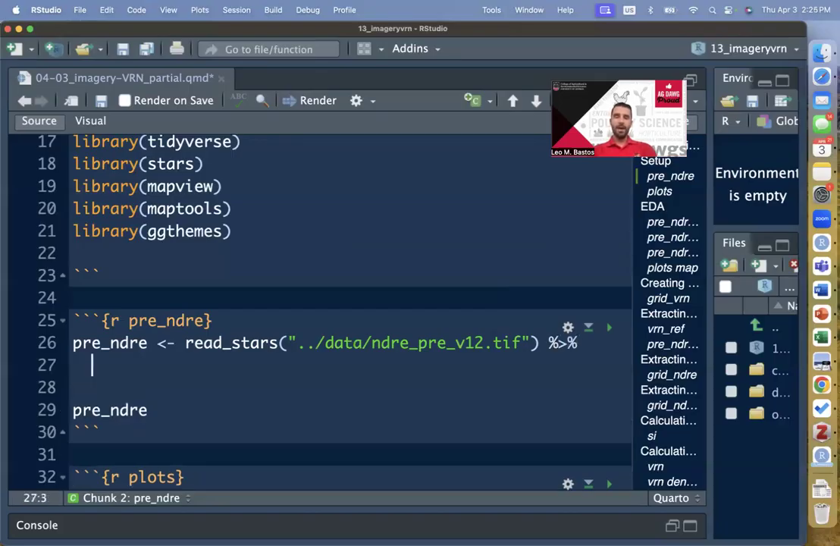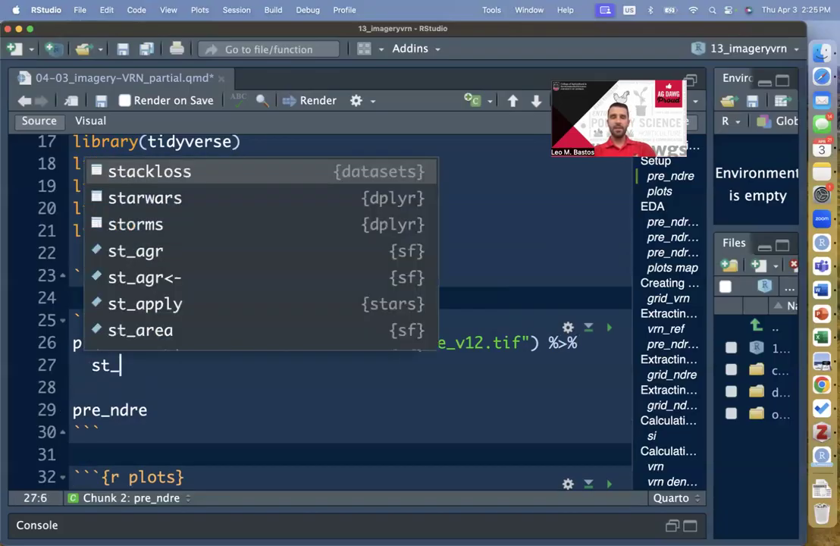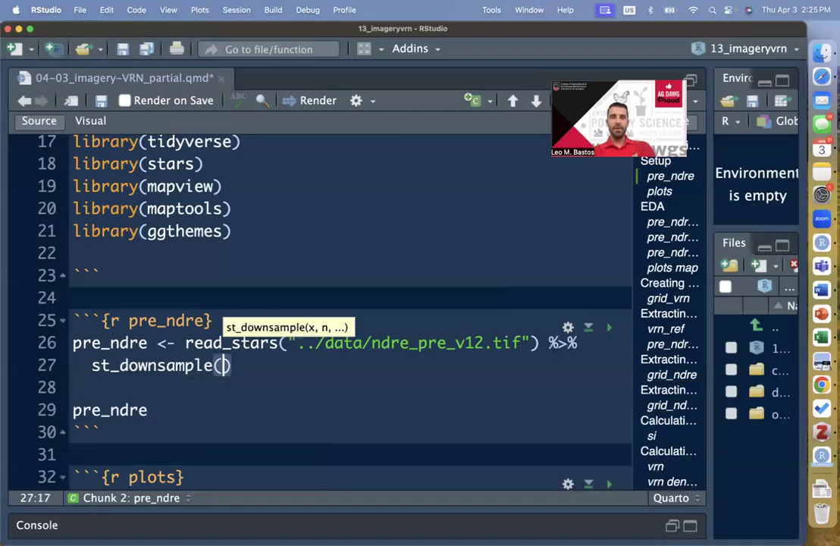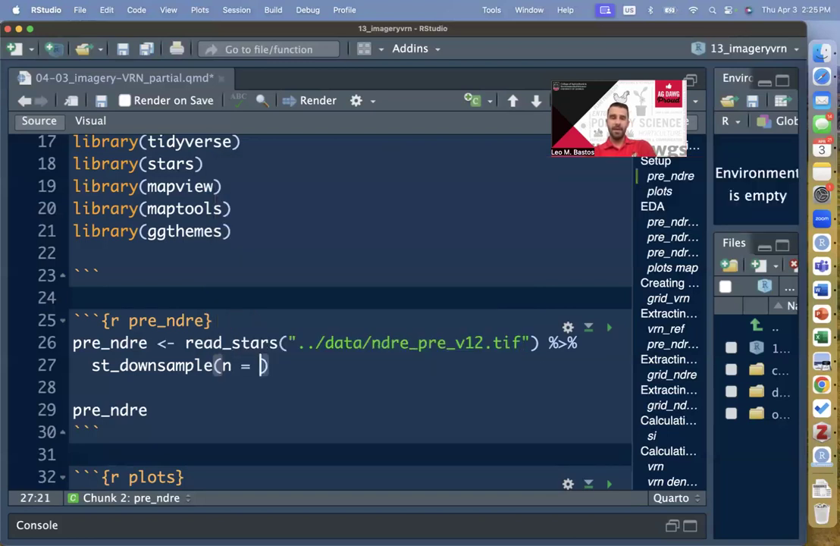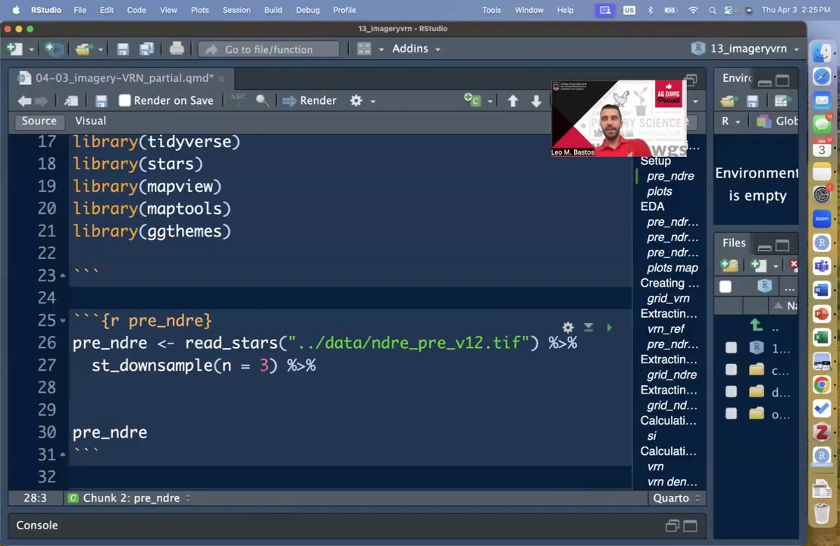So if you do a pipe here, we're going to use st_downsample. That is the function that we're going to use to downsample this, or in other words, make it a little bit coarser. It has an argument for n, which is the number of pixels that we want to downsize. I wanted this to be equal to 3. And before you run it, because again, this may take a little time if you run it at this point,